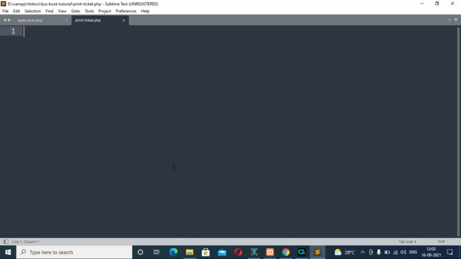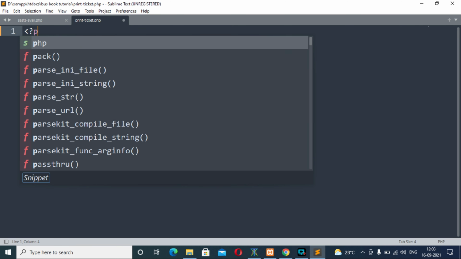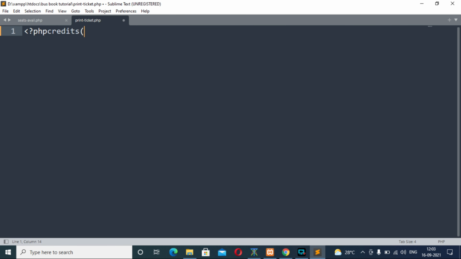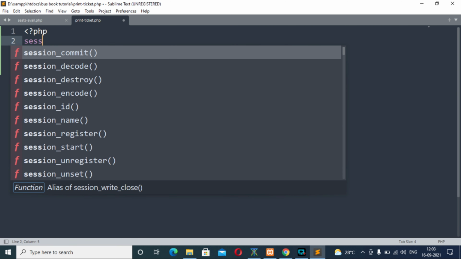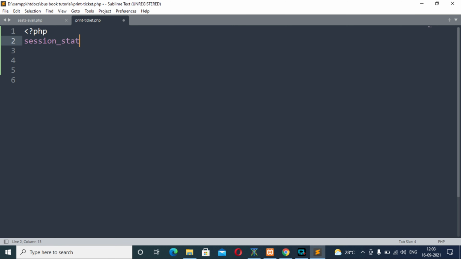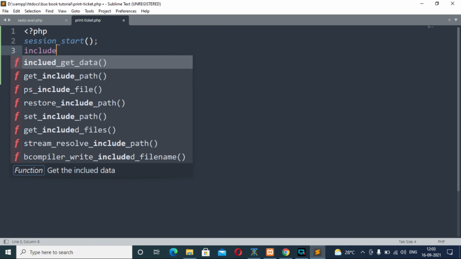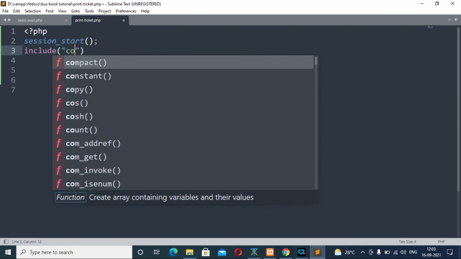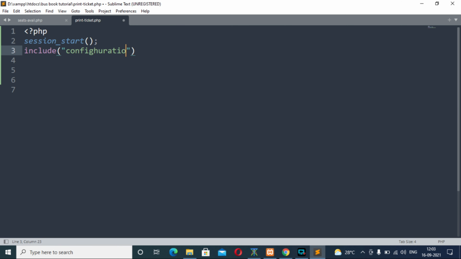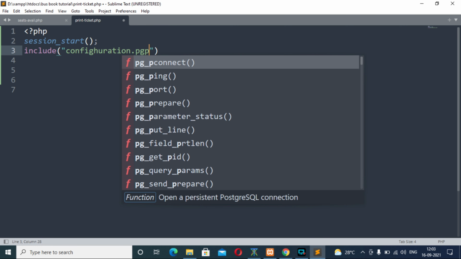Okay, now let's start doing some interesting script of PHP. Include configuration.php.